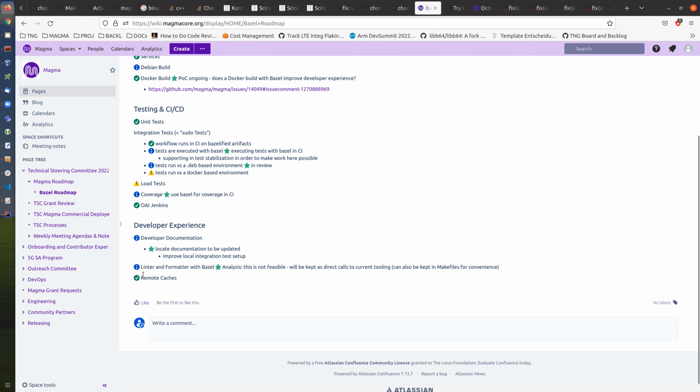And the last thing we took a look at is if we can use a linter and formatter with Bazel as well. The current analysis shows that this is not really feasible. We use external tools for these tasks to lint and format our different code bases. And we suggest to stay with these tools, and not use special Bazel tools to achieve the same. They are currently called by makefiles, but there's not really a reason to call them as makefiles. So a shell script would be sufficient to do this in our current state as well.